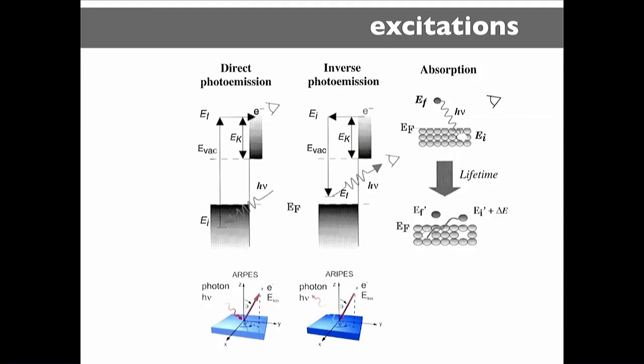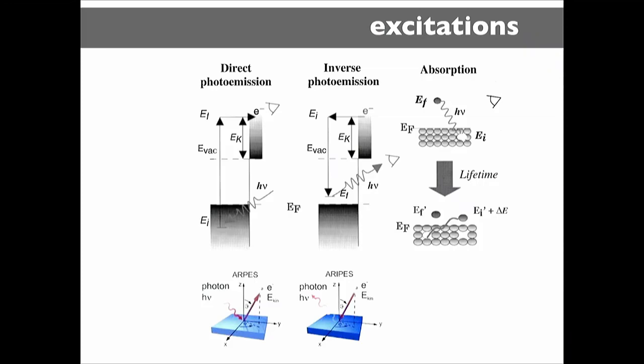Again, here is pretty much a sketch of the experiment. You have direct photoemission where you shine light on your sample and you look at electrons getting out. Then you have inverse photoemission when electrons impinge on the substrate and you take photons out. And then in principle you have a number of other spectroscopies, where here light absorption is one of them, or